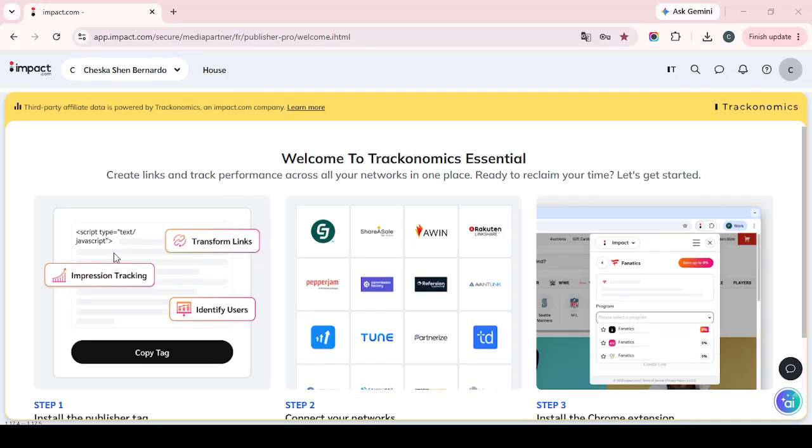In today's video, I'm going to teach you how to customize your dashboard layout in Impact.com. To get started, open Google Chrome and sign in to your Impact.com account. Once you're logged in, take a moment to look at the main dashboard area because this is the space you'll